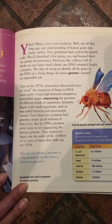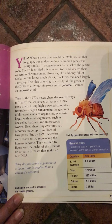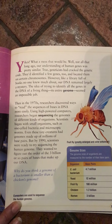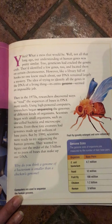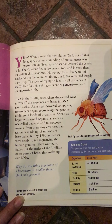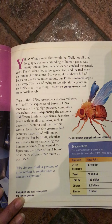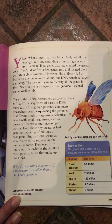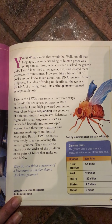Geneticists had cracked the genetic code. They identified a few genes, too, and located them on certain chromosomes. However, like a library full of books no one knew much about, our DNA remained largely a mystery. The idea of trying to identify all the genes in the DNA of a living thing, its entire genome, seemed an impossible job. Then, in the 1970s, researchers discovered ways to read the sequences of bases in DNA more